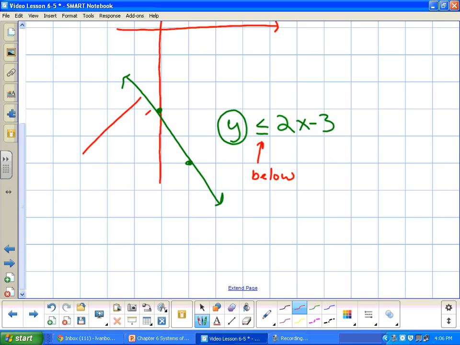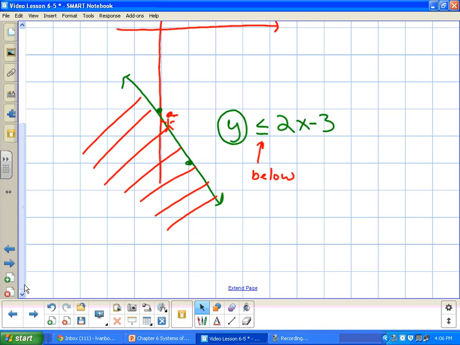So I'm looking at numbers below the line. To help you decide whether you're shading above or below the line, think of yourself as a skier going down the hill. Here you are, okay? So below the hill would be below the line, and above the hill would be above the mountainside or above that slope. That is the answer to our first